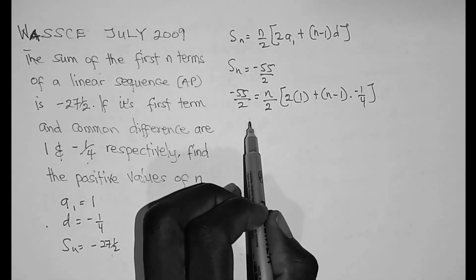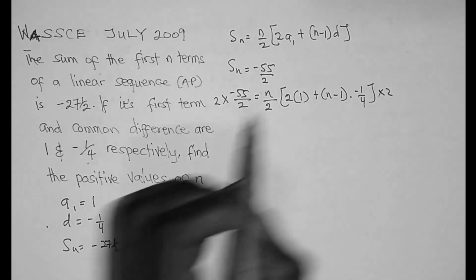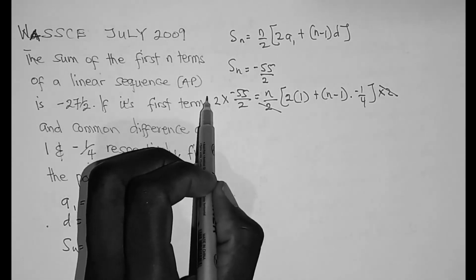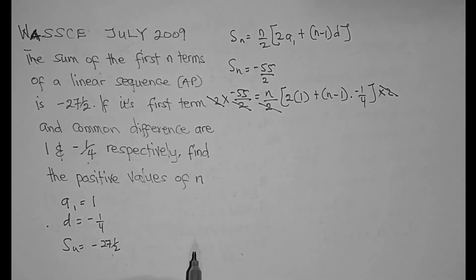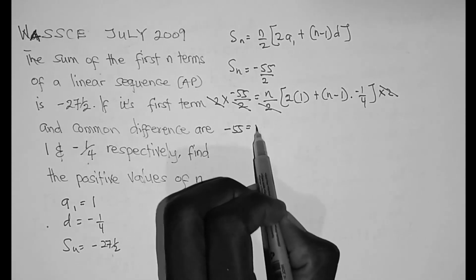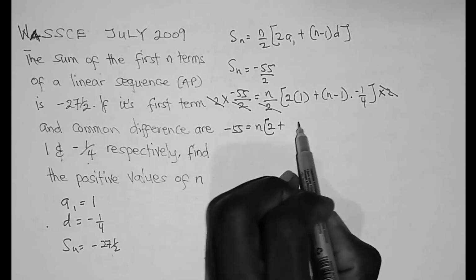So let's multiply through by 2. So we multiply here by 2. Multiply this side 2 by 2 so that this 2 and this 2 can cancel out. And then this 2 and this 2 can also cancel out. So at the end of the day, minus 55 is equal to n times 2 times 1 is 2 plus